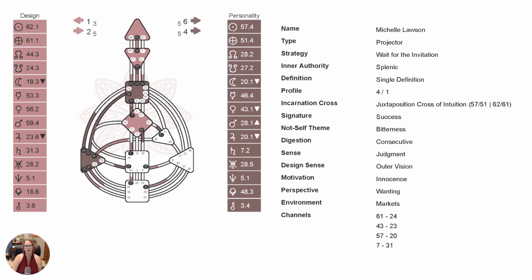Okay, so when you download your chart off of my site, Lotus Sage Coaching, there will be up at the top a place that says free chart, feel free to click on that. It will ask you for your email, things like that. Don't worry, I'm not sending you anything. It's just part of the system that I have. And this will actually show you what type you are, the strategy, your authority, all these different things that are all part of a human design reading.